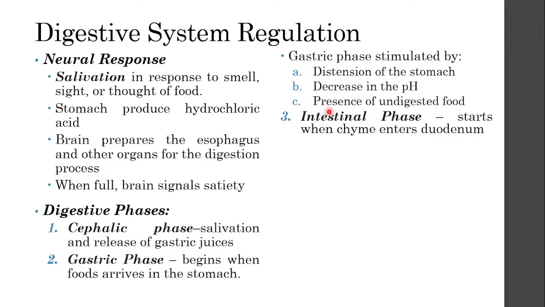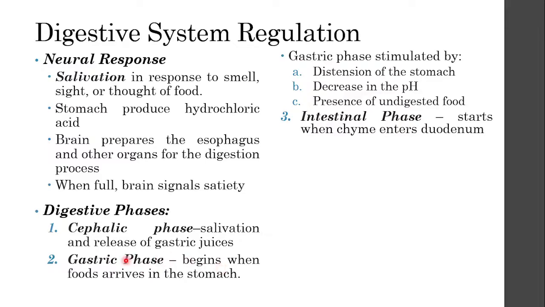And then lastly, we have the intestinal phase, wherein the food, or basically the chyme at this point, enters the duodenum. So why are these phases important? Because these tell you a lot of the reason why the organs in your body do what they do. When the chyme enters your duodenum, the reason that the pancreas, the gallbladder, and the liver start to release those enzymes is because, during the intestinal phase, the hormones and the neurons in your body signal for those organs to start to release the enzymes. The same is true for the gastric phase.